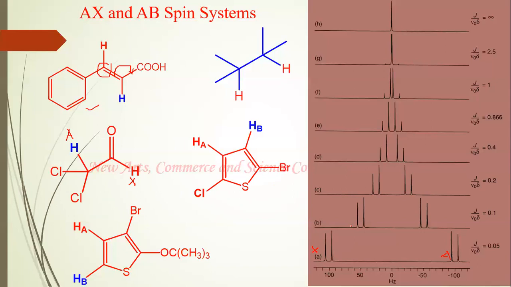Now as the difference in the chemical shift value decreases, see, the outer line intensity is decreasing and the inner line intensity is increasing. Still here, look at this, the signals are coming close to each other. That is, the chemical shift difference is decreasing and the distortion in the line intensity is increasing. See here, more distortion of the outer lines. Look at this F part. The outer lines are distorted to a large extent. Here in this case, the outer lines are fading and the inner lines are merging together.